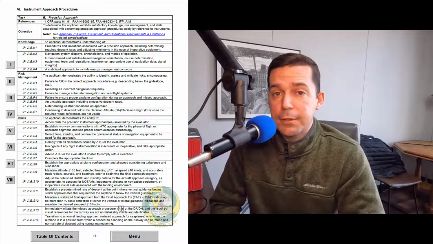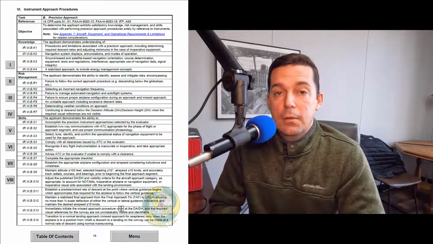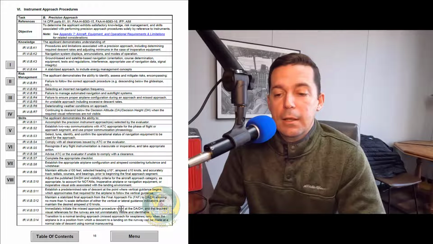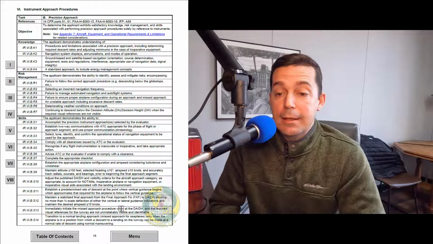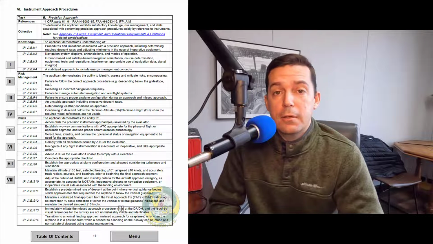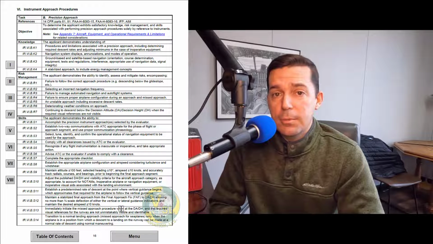So if we get lateral full-scale deflection, turn to a safe heading, climb to MSA, announce your intentions with ATC or the simulated ATC, which is going to be inside of our cockpit, and basically just fess up and say, hey, I really botched up this approach, request vectors back to the initial approach fix or something to that effect. If I see you do that on the check ride, that doesn't necessarily mean the automatic disapproval. That shows me that you have good aeronautical decision making, because the decision to try to save an unstable approach